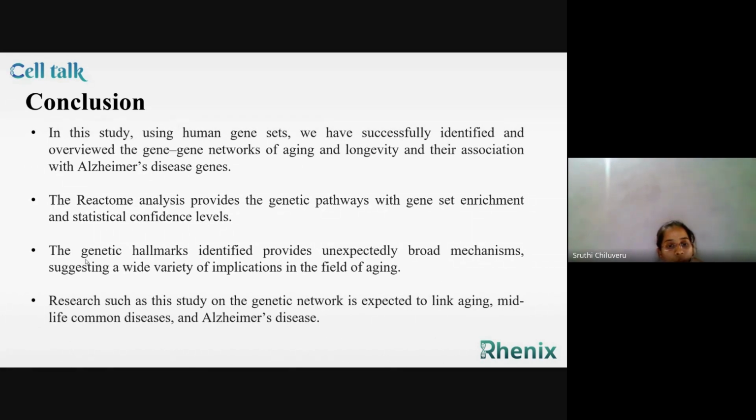The genetic hallmarks identified provide unexpectedly broad mechanisms, suggesting a wide variety of implications in the field of aging. Research such as this study on the genetic network is expected to link aging, midlife common diseases, and